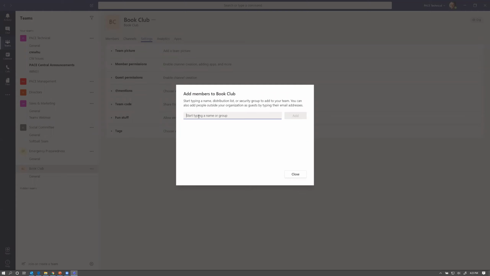But once you come in here, I can start typing in the name of members of our group, or I can just start typing in the email address of someone that does not exist. So if they don't exist in our Office 365 account, it's going to recognize that, and it's going to ask you if you want to add that person as a guest. And guests would be people from outside your organization. I really don't know Mike at mike.com, but if I would have clicked here and said add, it would have added him in and gave him a notification that he's part of the team.